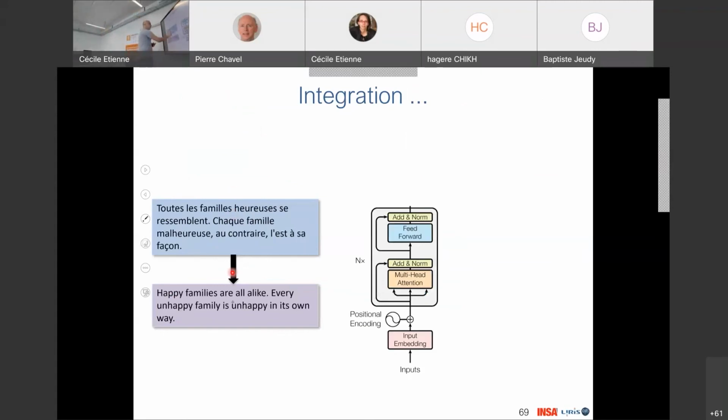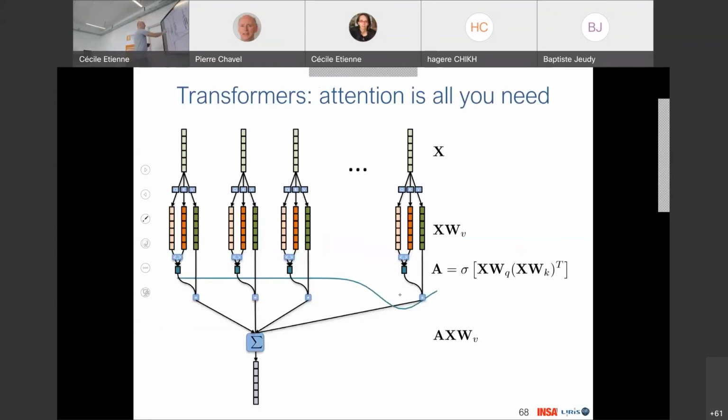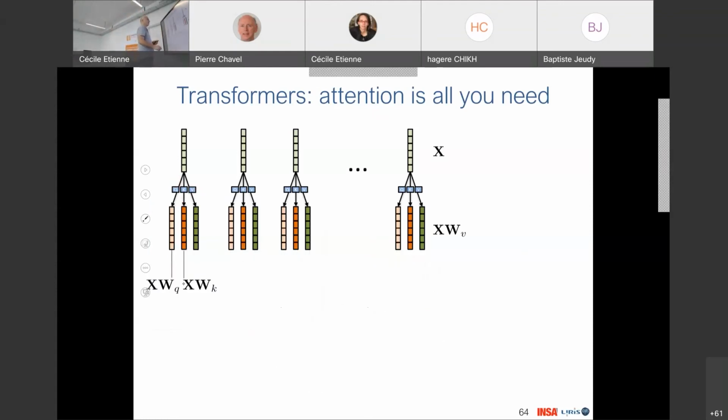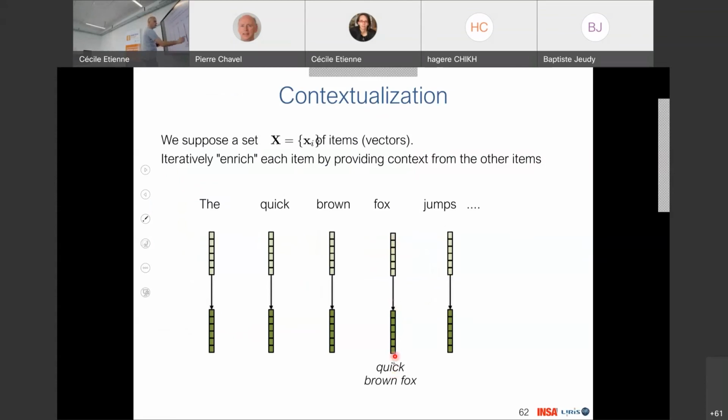Let's go back to my explanation here, translating this French into English. Well, we have our inputs here, multi-head attention. What does this mean, multi-head? Multi-head means that whenever I calculate query, key, value, there is not just one of these query-key-value attention models, there are multiple of them. At each layer, I typically have 8 or 16 of them, okay? So when my Fox enriches, goes from this vector space to this one, it will look at quick and brown, and will also look at others. So each head, each attention distribution, will have a